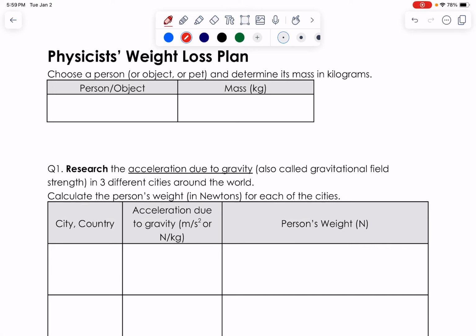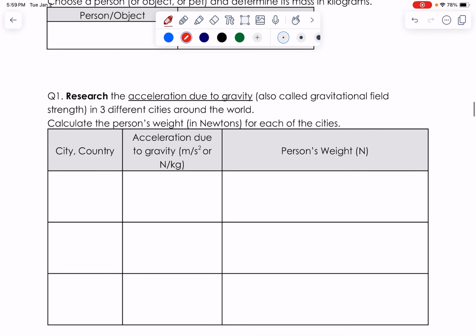A little bit about how to do this. Let me explain about how to do this experiment a little bit. You're going to find somebody's mass, et cetera, and then you're going to find the acceleration due to gravity. Just use the internet